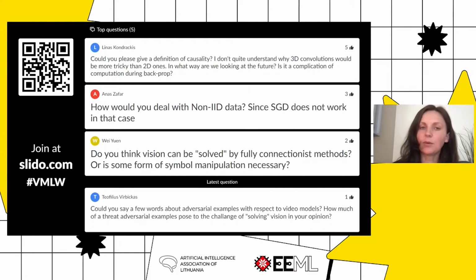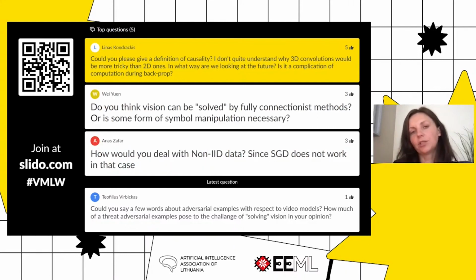But that does not apply when you go to a real-time application where you receive your data frame by frame. You cannot use that kind of computation, right? Because at time t, you only have seen frames until time t. You don't have access to t+1, t+2. And that's why I said that you can use masked 3D convolutions, which effectively just zero out the part of the kernel that would look into the future.